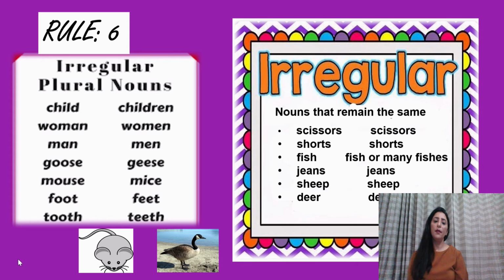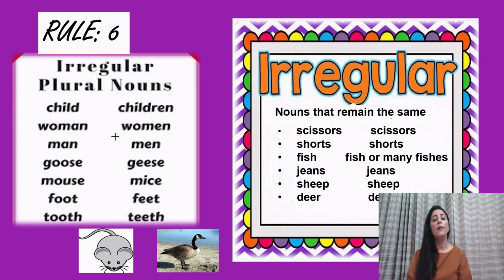Now there are some irregular plural nouns, which change their form completely when converting from singular nouns into plural nouns. Now we can see the words which are already there on the screen, right? The first word is child. So singular is child, and it changes its form completely when converted into plural form. So child becomes children. Now woman, we're talking about one woman, so it's a singular form. Woman becomes women. That means it's plural form.